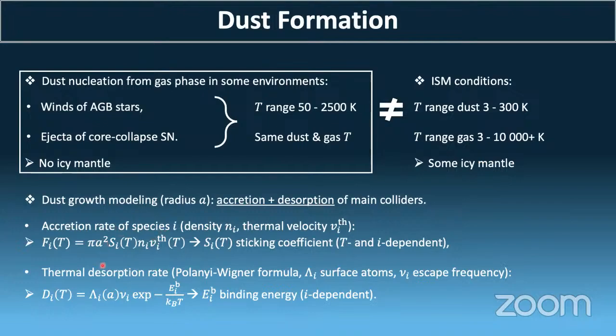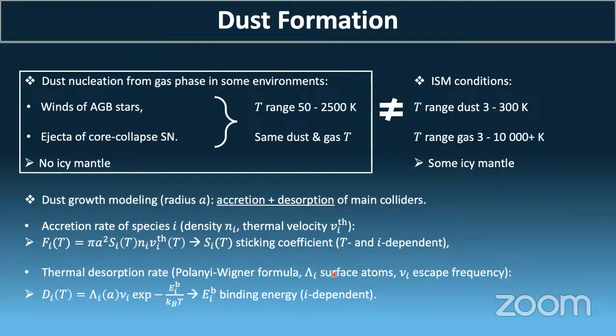And of course, the important part that was also mentioned this morning is the importance of the sticking coefficient, which is a coefficient between 0 and 1 that gives an idea of how efficient the sticking of any colliding molecule is. It's temperature dependent. It's also species dependent. And as was also mentioned this morning, in a lot of cases for modeling, the sticking coefficient is considered to be always 0.5 or always 1, regardless of the type of collider, but also regardless of the temperature. We also consider the thermal desorption.